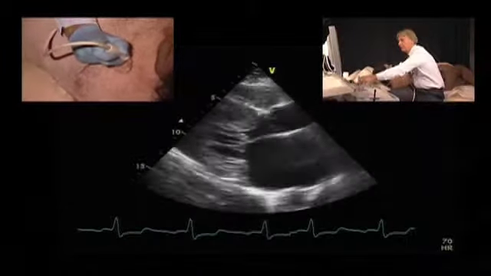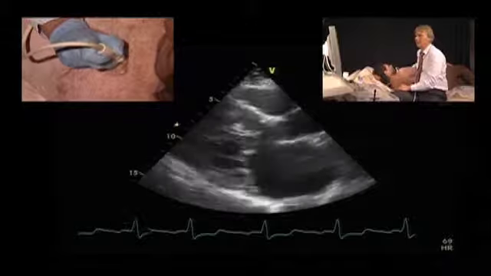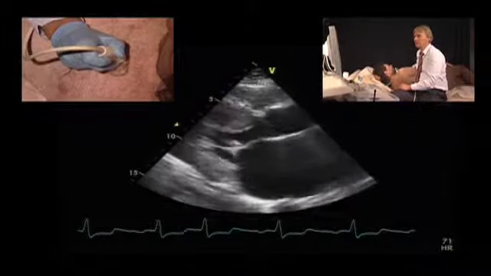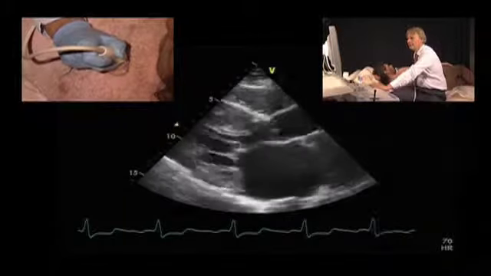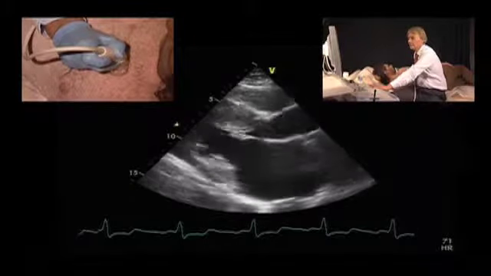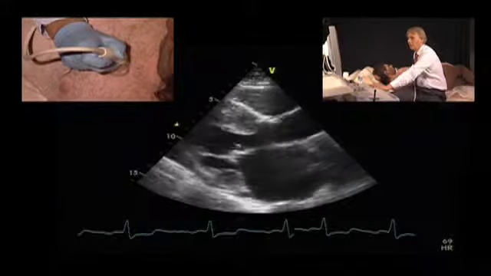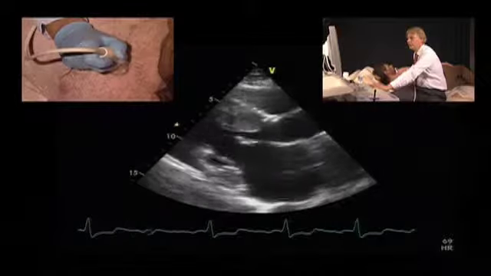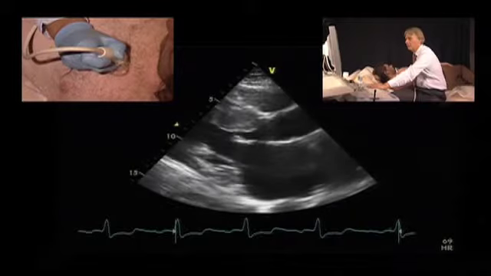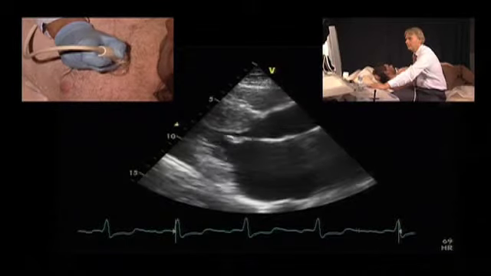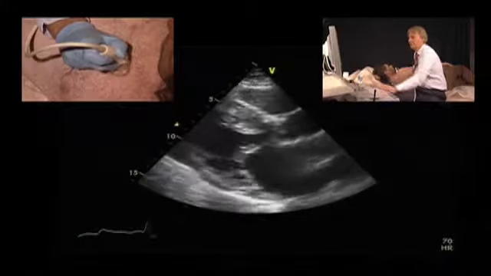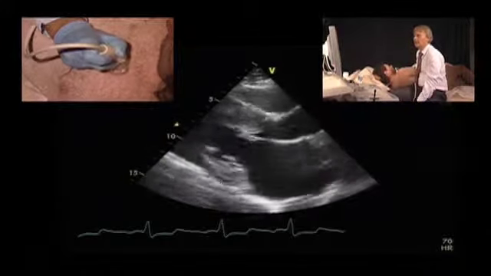So we always start with the parasternal long axis view, and immediately just looking at this view, it is quite clear that the patient has significant left ventricular hypertrophy, especially of the interventricular septum. And we also have an abnormal motion of the mitral valve. We have a systolic motion towards the interventricular septum, which occludes the LVOT right here, which is indicative of hypertrophic